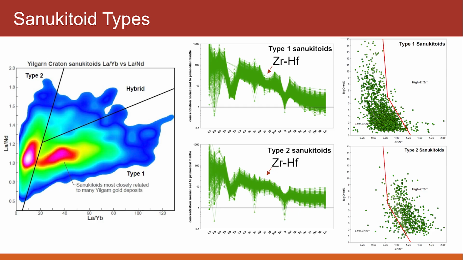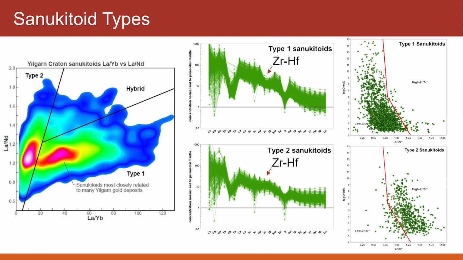A lot more of the older sanukitoids that we see in the West Yilgarn, and some of the older ones in the Eastern Yilgarn as well, and in the Pilbara, fall in that type 2 category. They comply with all the classification criteria for a sanukitoid, but they don't seem to be quite as genetically related to gold mineralisation as the type 1s. So the two diagrams in the middle are their mantle normalised trace element patterns, trace element